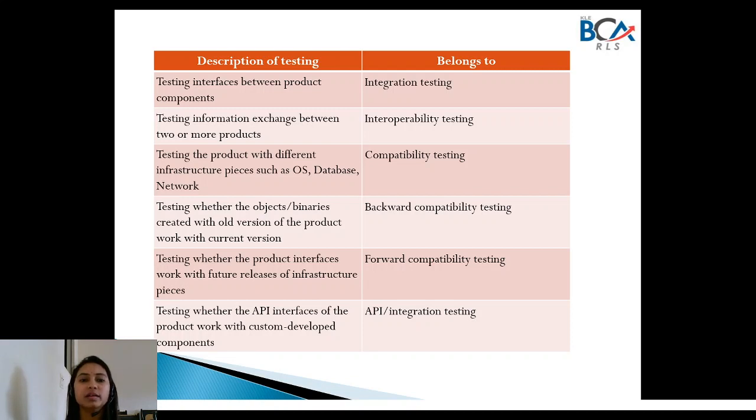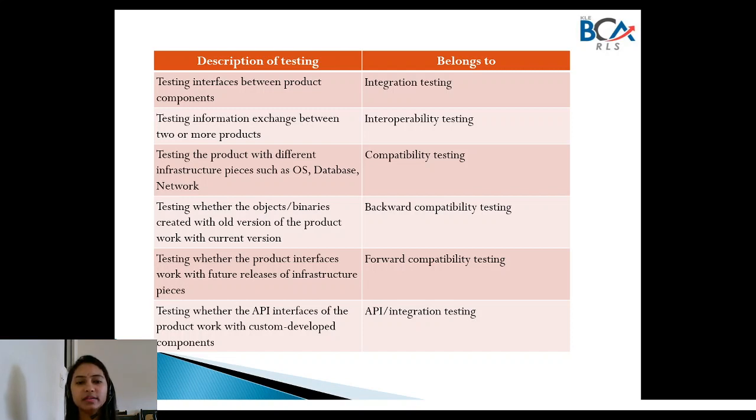Next is testing whether the product interface works with future releases of infrastructure pieces. This is forward compatibility testing: testing whether your product will work in higher versions or not.